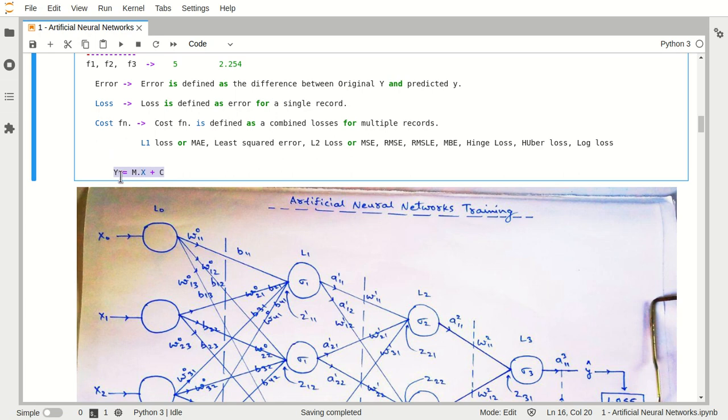If this y is dependent upon x and we change the value of x, there will also be a change in the value of y.